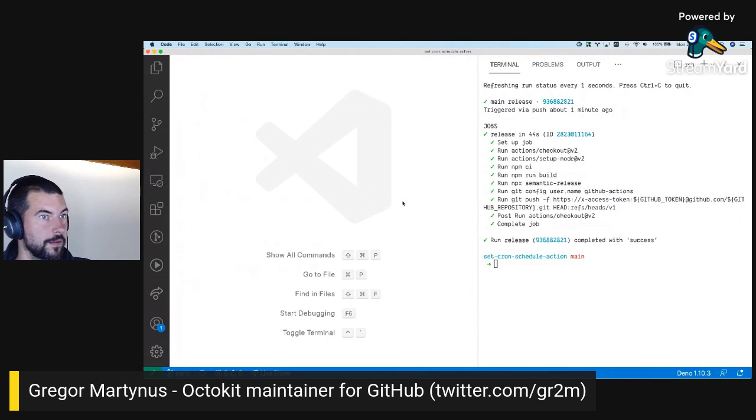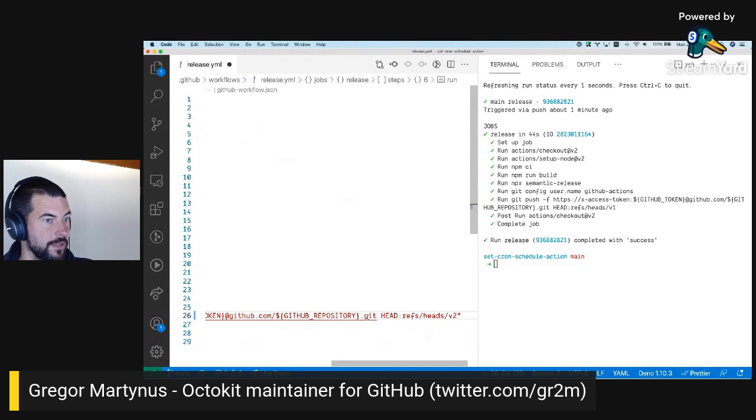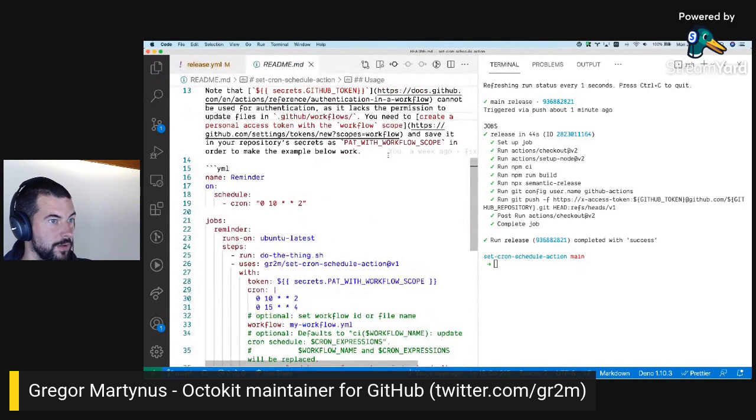Okay, I think I forgot one thing, which is I need to use v2 now and update the README as well to use v2.